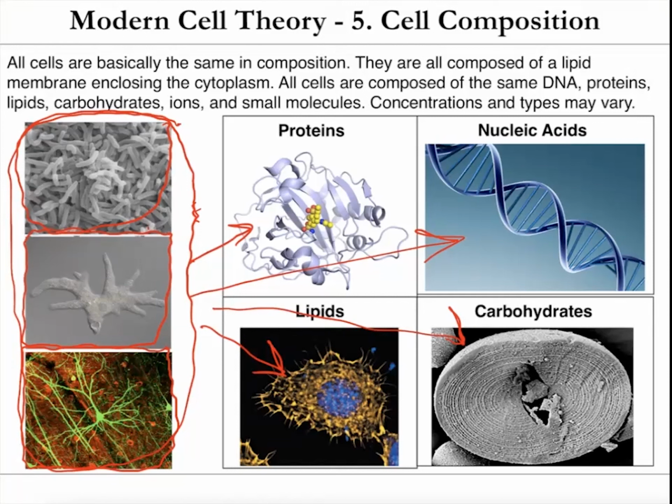So we've said it before, but what's true of E. coli is true of elephants. I forget who said that, but it really is true. So each one of those E. coli cells is basically doing the same biochemical process as the neuron in an elephant brain. So cells are basically the same in their composition.